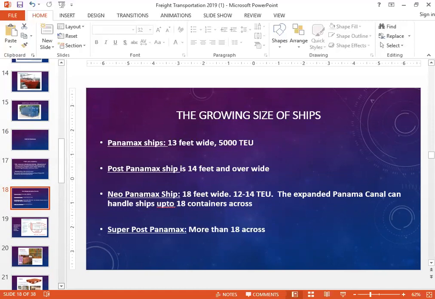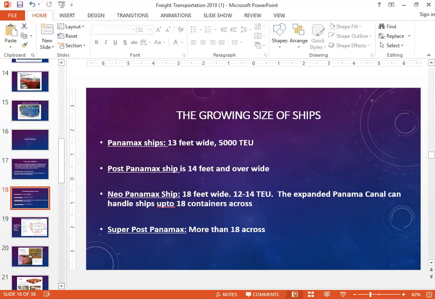Subsequently, as the ports and the canals started getting bigger, and more trade started happening, the ship size increased, and new ships were made called the post-Panamax ships, and these are 14 feet and over wide. And then after that, neo-Panamax ships started being made. These are 18 feet wide,